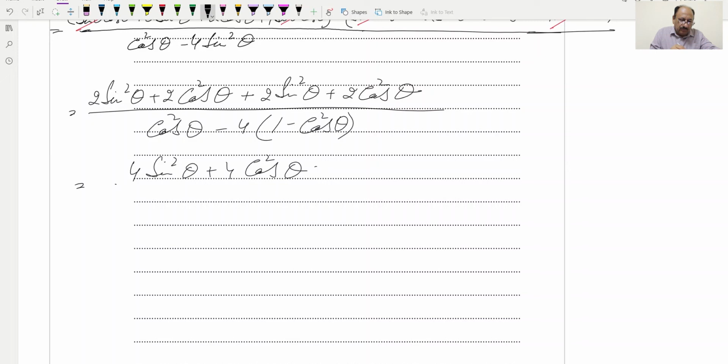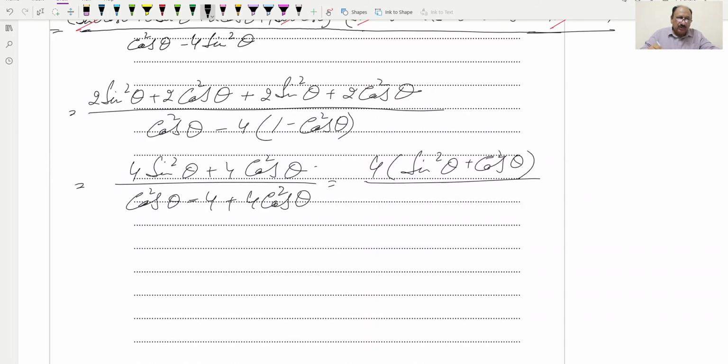this will become cos square theta minus 4 and plus 4 cos square theta, and this one 4 will be common, and inside will be sine square theta plus cos square theta, and divided by this will be 5 cos square theta minus 4, and now this portion is basically 1, so we can rewrite it as 4 over 5 cos square theta minus 4,